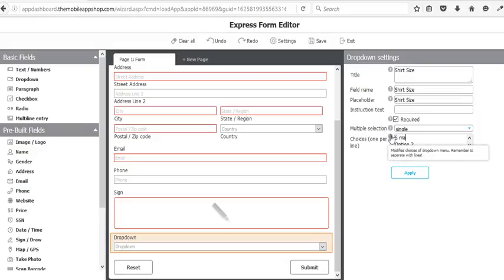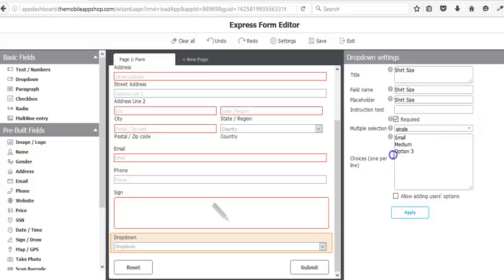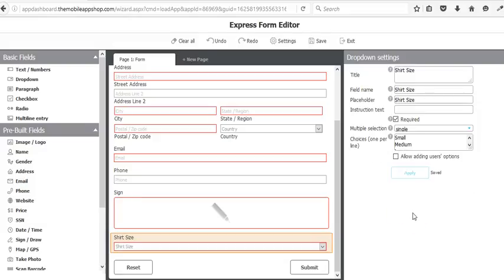So let's do small. Oops, if I can type. Small, medium, and I just grab this and move this down, and it's just one per line. Large, no, I don't want to do that. And so on. So if you apply that, now you have a drop-down list, so that way you can collect